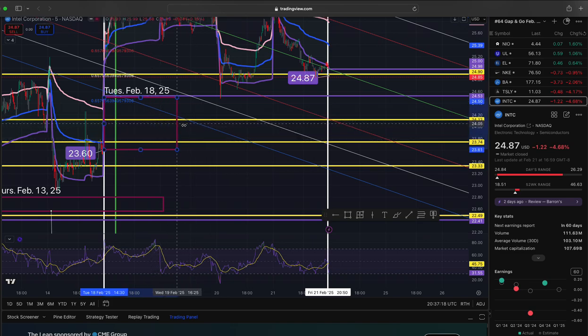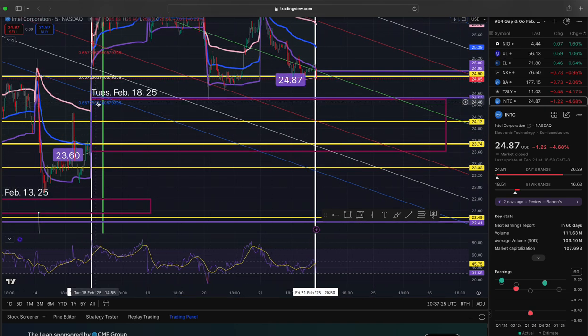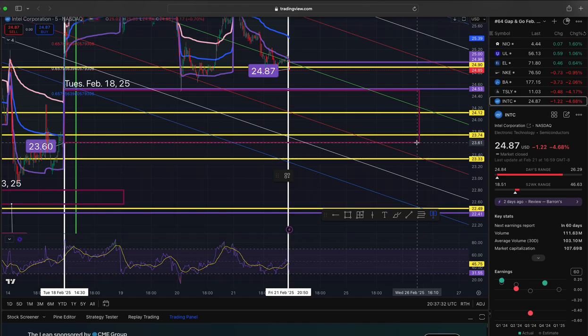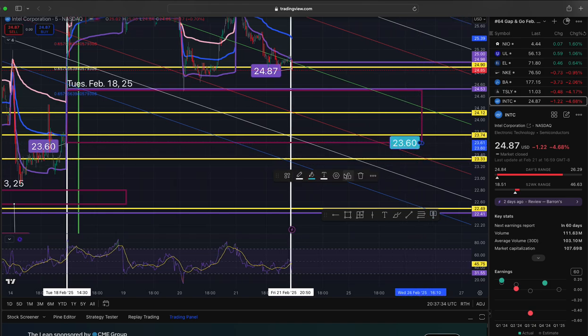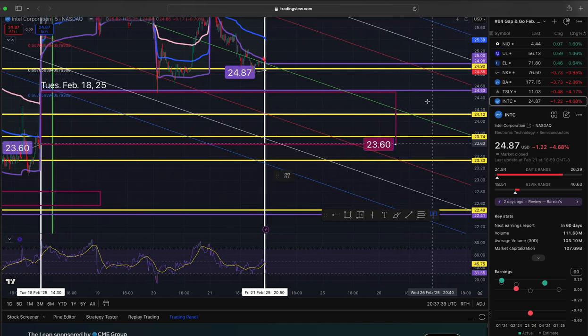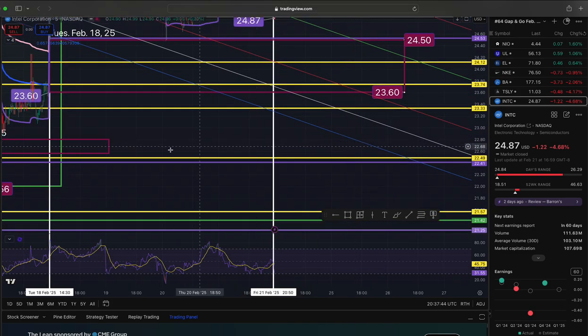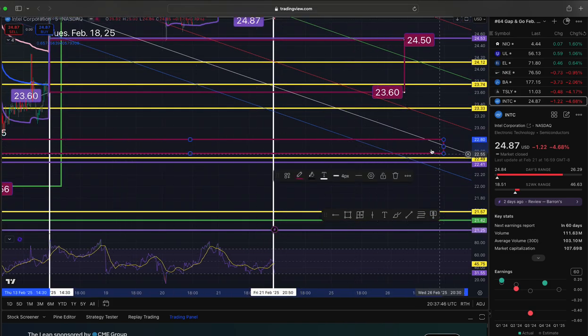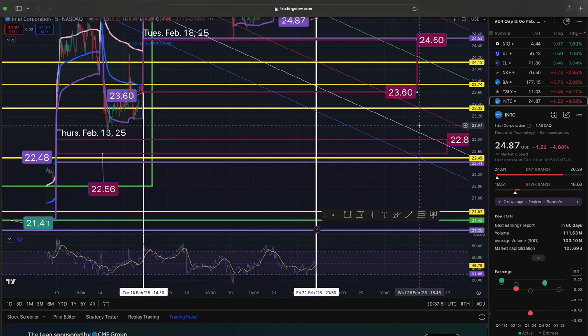And this gap opened up on Tuesday, February 18th. This is now in play for this upcoming week because we only tickled it. Notice that that turned into a support line and a bounce off of that. Here is the gap fill to the south side at 23.60. It starts at roughly 24.50. And then we have this one to also be mindful of. This is a landmine to the south side, but